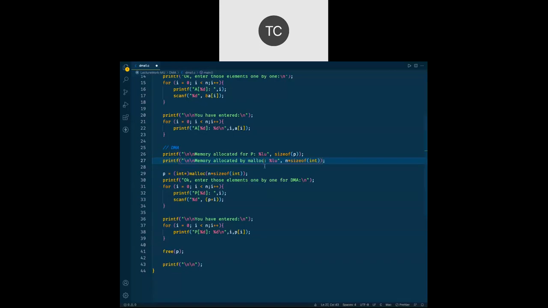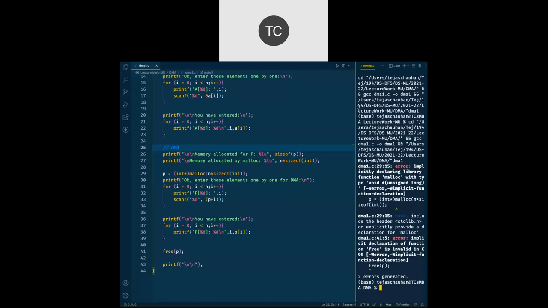I want to print it. So before I go, I just want to see how much amount of memory will be allocated for this program. So now let's run this entire code one more time. It is going to ask us, well, there are a few problems. Yeah, one thing, malloc will require the stdlib header file. And is there any problem? Let me have a look at the error.